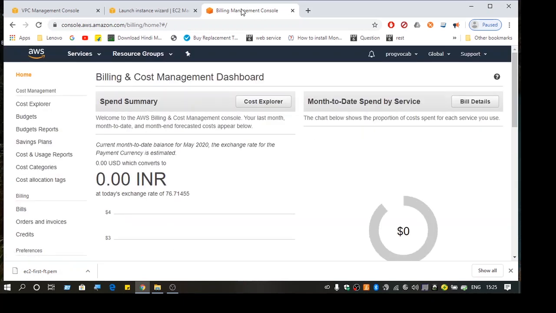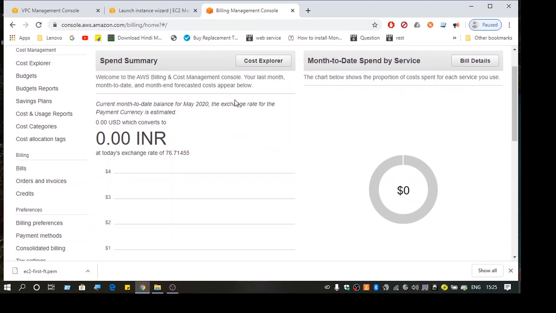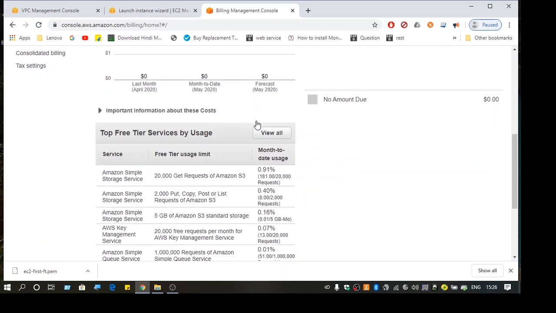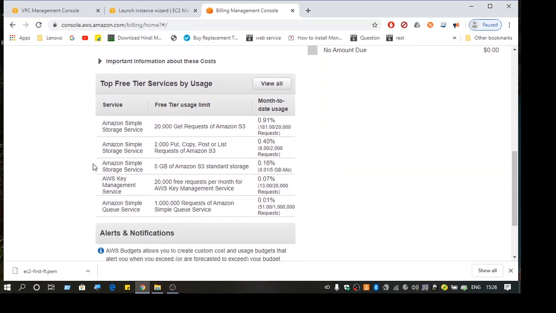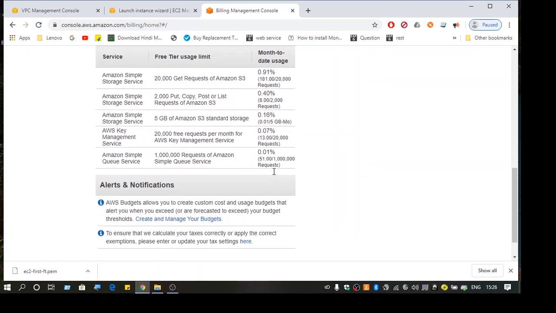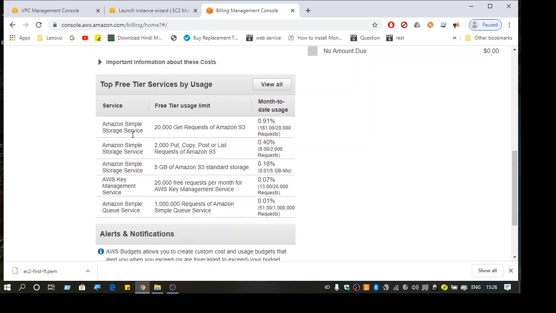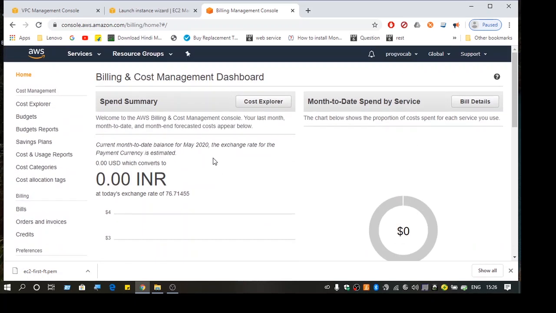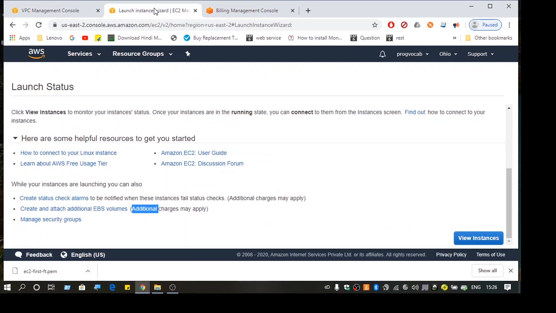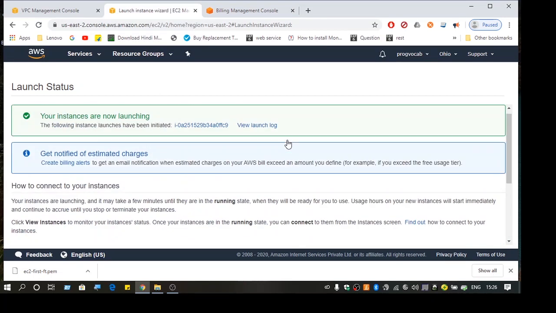So you have to wait for some time, and then come back here, and overall you should have an idea of what services you are using. Like for me, I have used S3. So as many times as I put objects in an S3 bucket or download objects, that is how they charge me. So for now it's idle, I'm not using it.